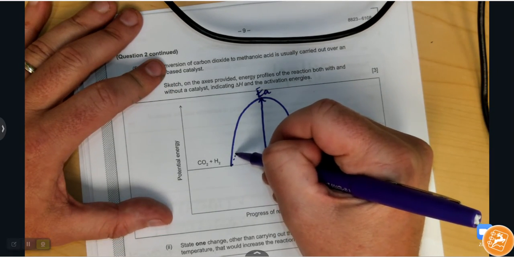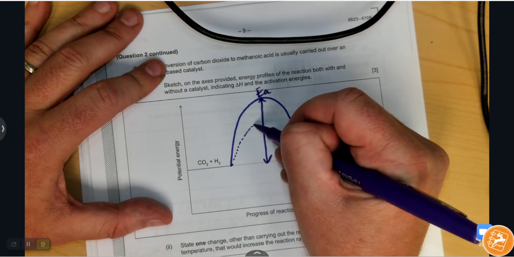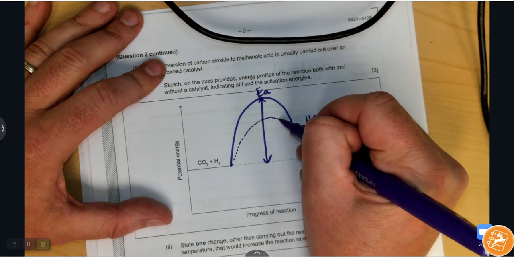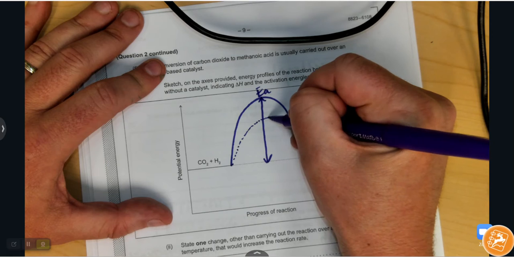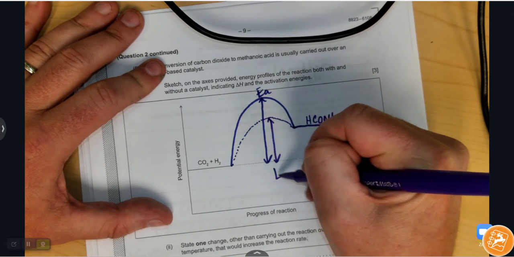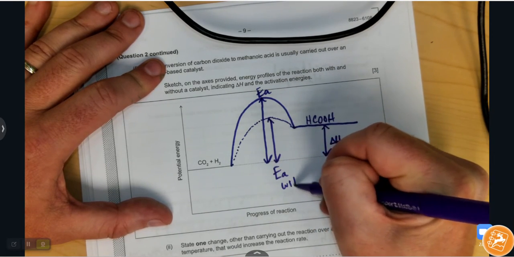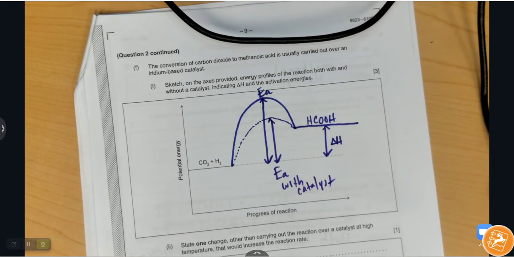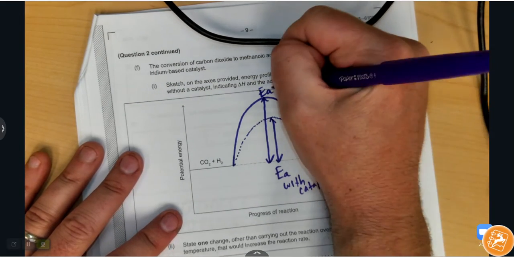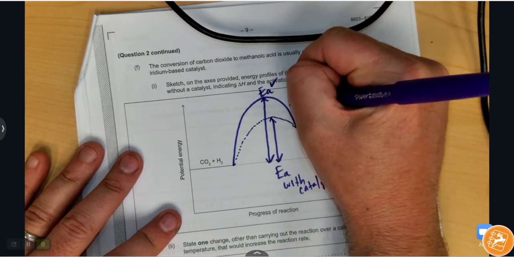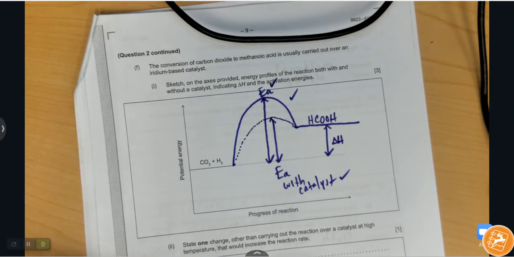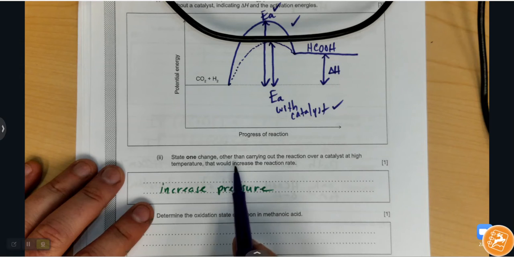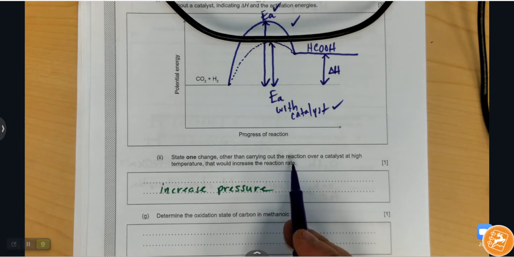And adding a catalyst doesn't change anything except for the activation energy. So from here to here is the activation energy with a catalyst. So 3 marks, I'd be willing to bet 1 mark for that, 1 for that, and 1 for the actual shape. All right, so then it says state 1 change, other than carrying out the reaction over a catalyst, that